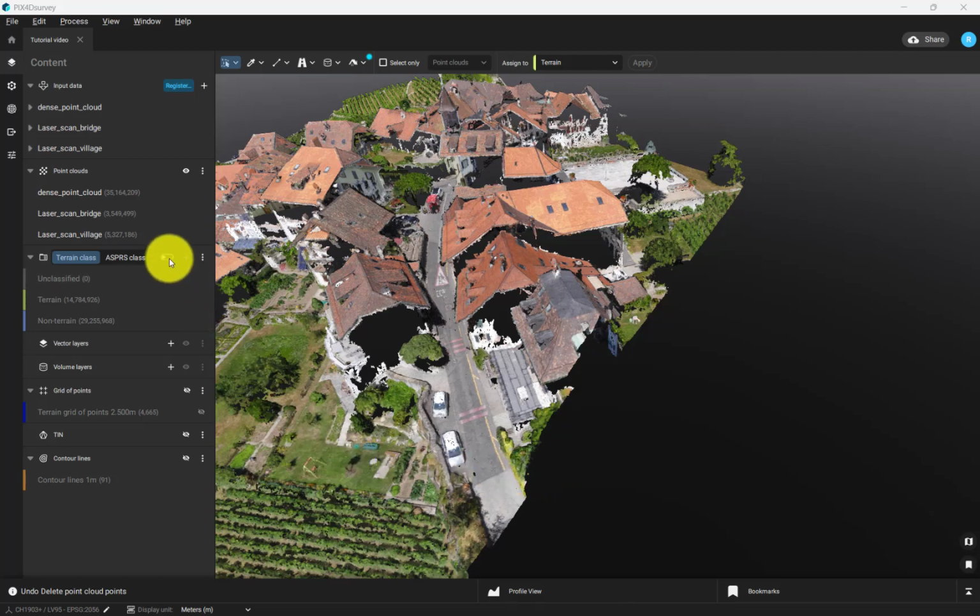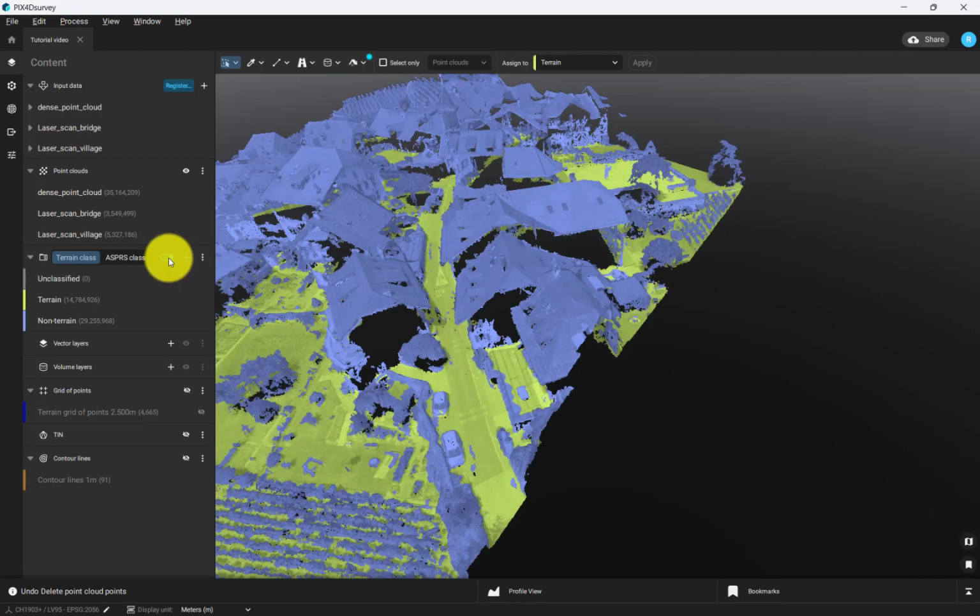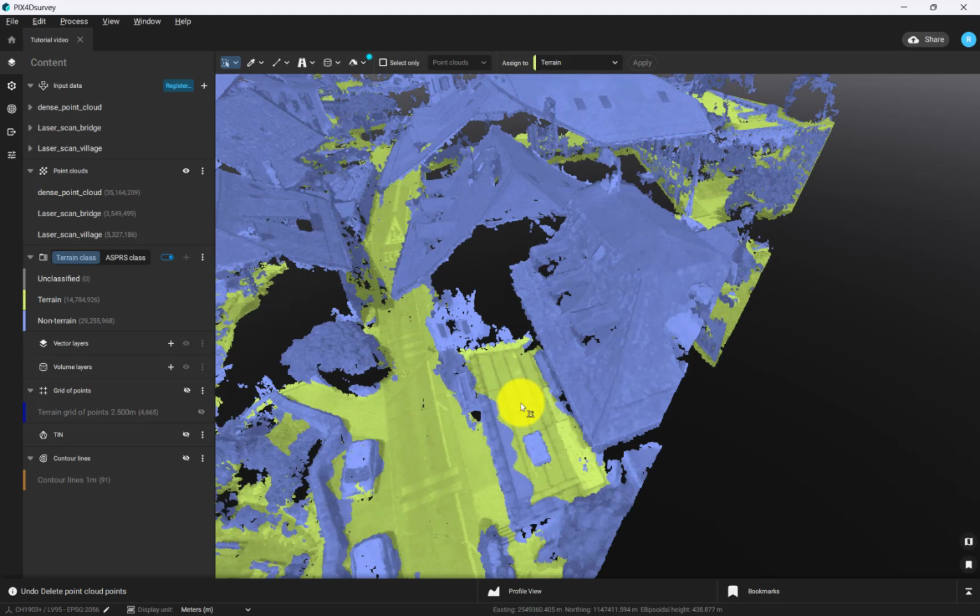To do so, we will enable the terrain classes so that we can see the points that were classified by the terrain filter into terrain and non-terrain classes. To learn how to use the terrain filter, please see the second video in this series entitled Process a Pix4Dsurvey Project. In the top left toolbar, click the Polygon Selection tool again and locate a noticeable non-terrain feature in your